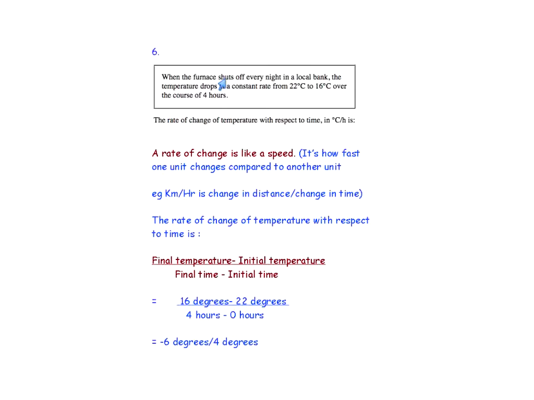So this question here says, when the furnace shuts off every night in a local bank, excuse me, the temperature drops at a constant rate from 22 Celsius to 16 over the course of 4 hours. It says the rate of change of temperature with respect to time is. Now when you talk about the rate of change of temperature, that's like speed. Whenever you're talking about rates, it's kind of another word for speed. So we're talking about change of temperature with respect to time. So we have two things that are involved: change in temperature and change in time. So that's what we're going to use to calculate